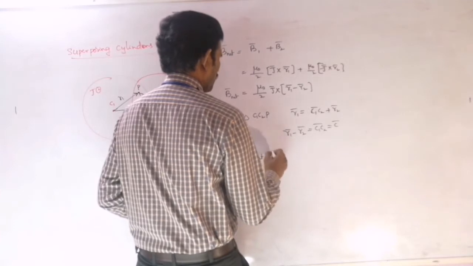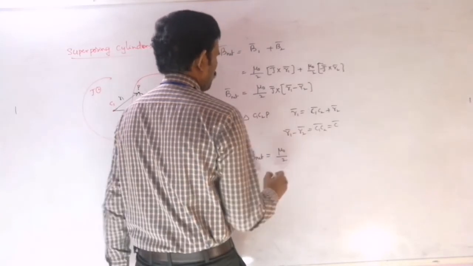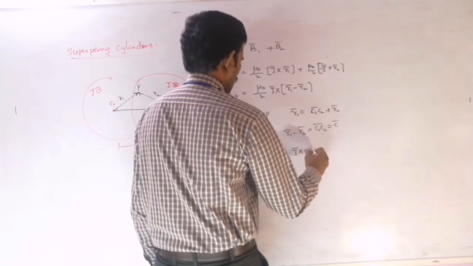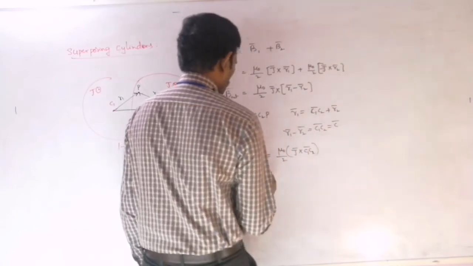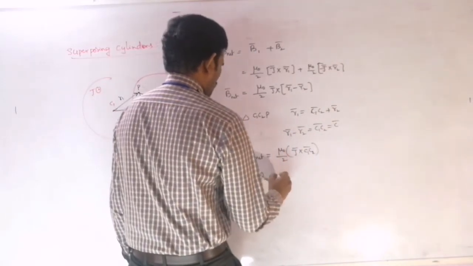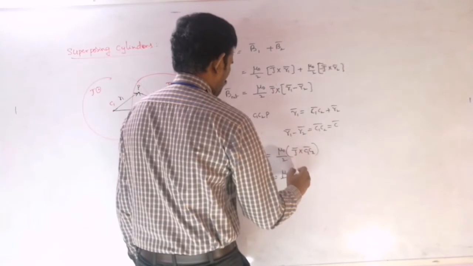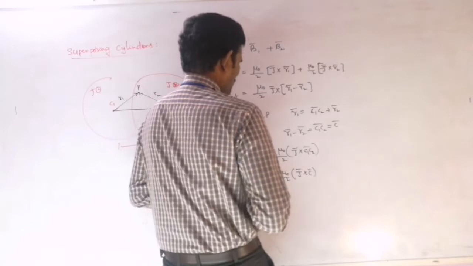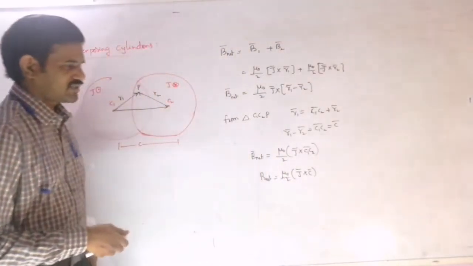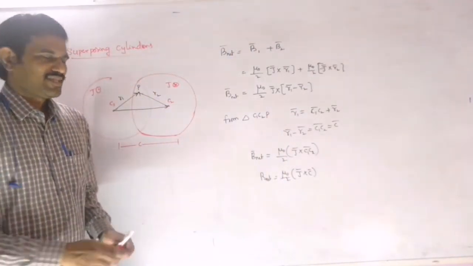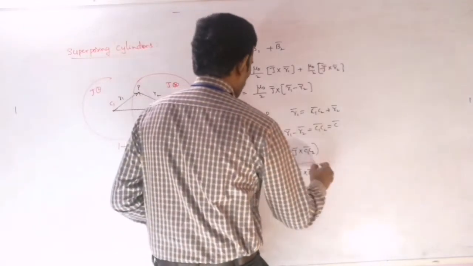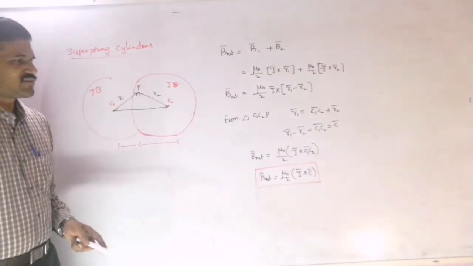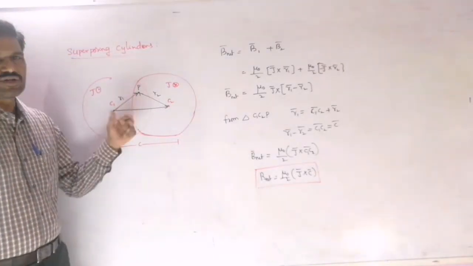Therefore this net magnetic field is mu naught by 2 into j bar cross C1 C2 bar, or we can write this as mu naught by 2 into j bar cross C bar. So in this superposing area also you can observe that we are getting j bar cross C bar. J bar cross C bar means it will be independent of distance from the C1 or C2. That means it does not depend on these R1 and R2 values.